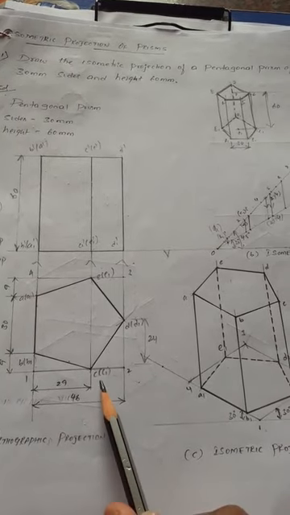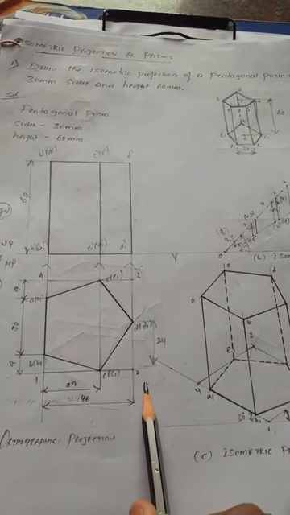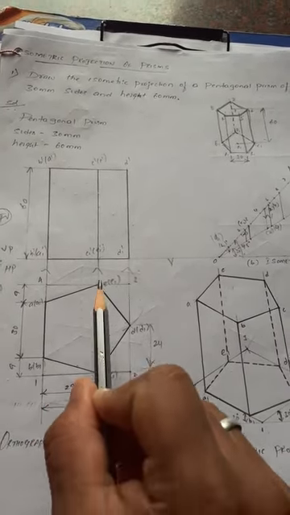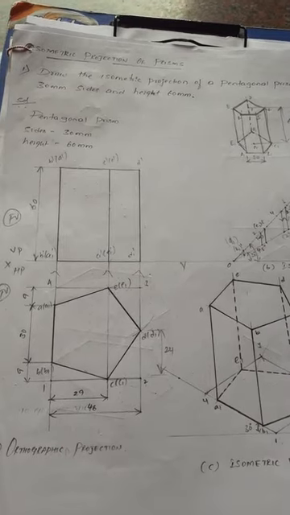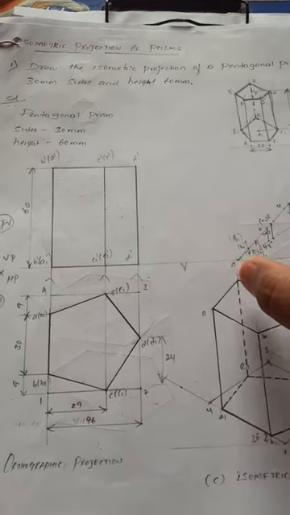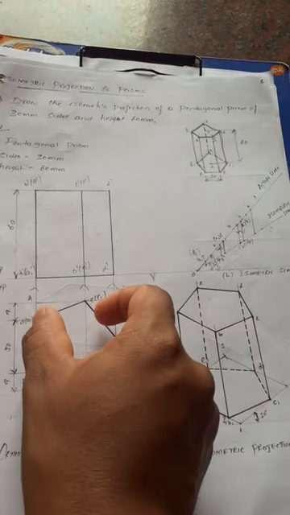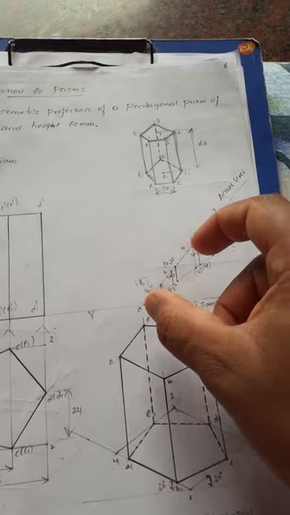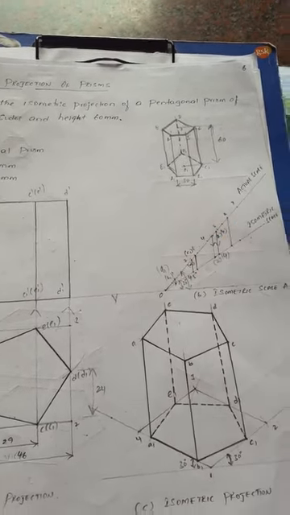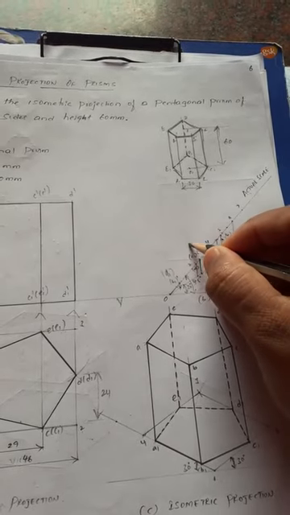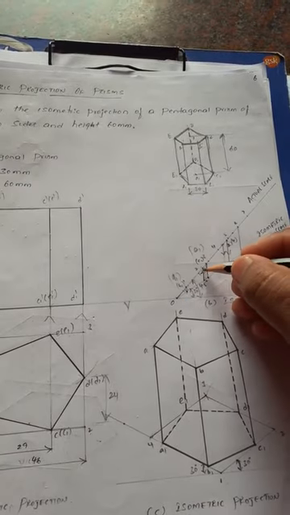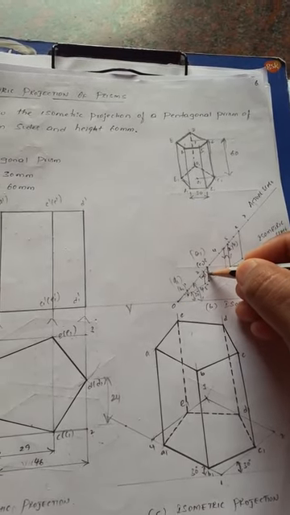Then C1, how do you get C1? On the 1 to 2 line. C1 is also equal to the distance from 4 to E1, the same distance here, right? 29 mm. Now measure through the compass 1 C1, that is equal to 4 E1, place it over the 45-degree line and draw an arc, that is C1, and also E1, right? Then draw it here on the vertical projector from this, right?